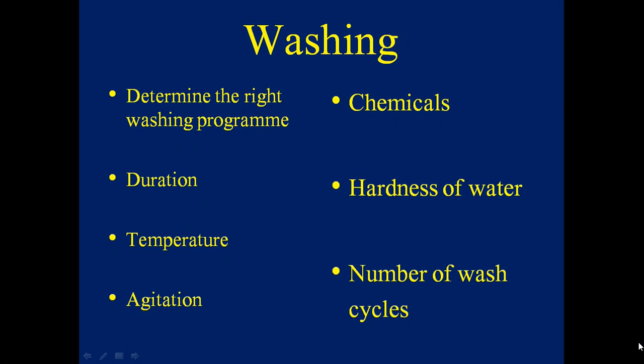Then the number of wash cycles. Number of wash cycles is nothing but how much time is required to wash a particular linen. It may be a bed sheet, a crinkle sheet, a tablecloth, an apron or a sheepfoot, whatever. So as per the type of cloth, the washing cycle needs to be selected by the employee, and that much cycle should be done.